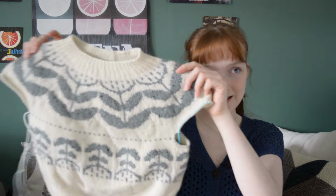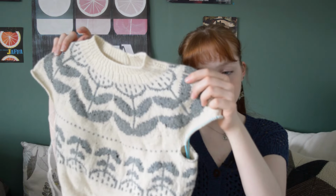I like the fit as is. And yep, I just have to knit the sleeves and then this will be done. But